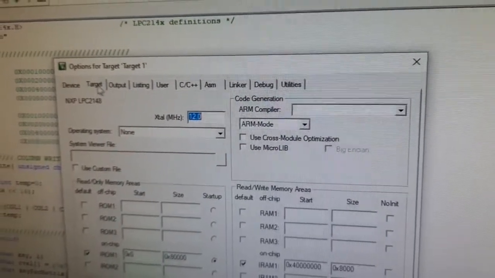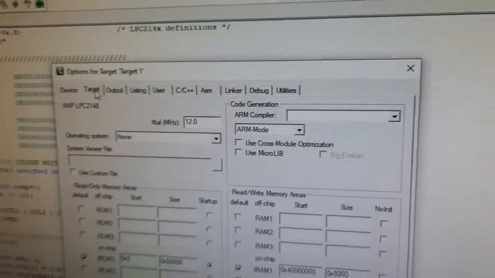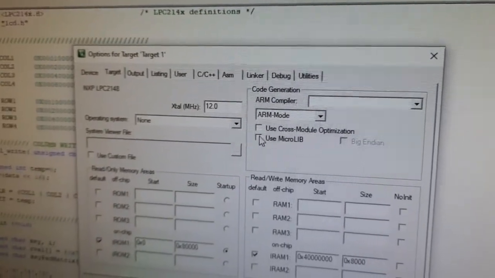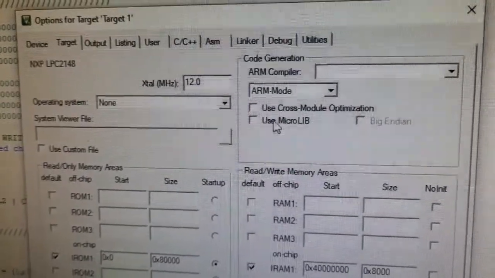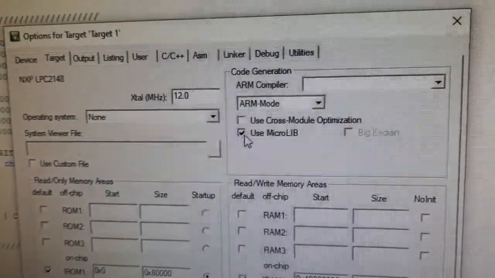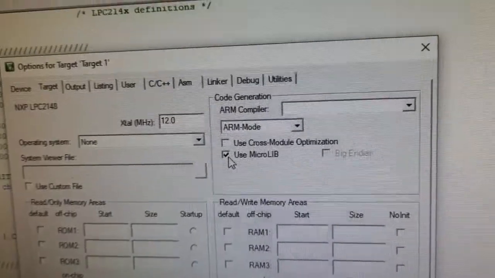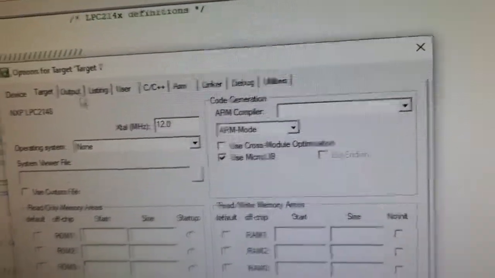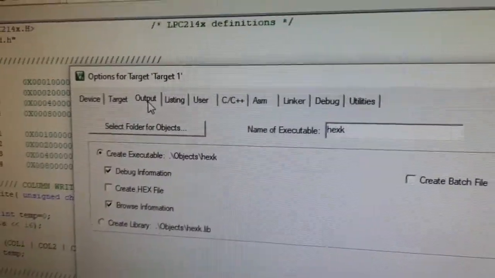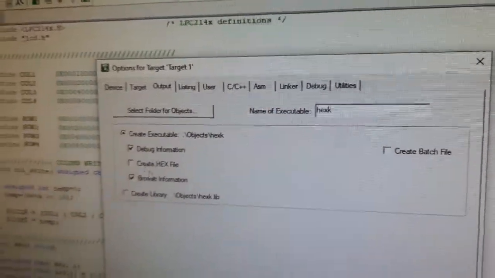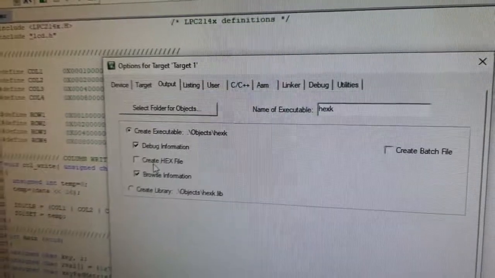Then we click on target. Here we have target, click on that. In this you have to tick use micro library. Okay, then once this is over, go to option output, click on output, and here we need hex file to execute.